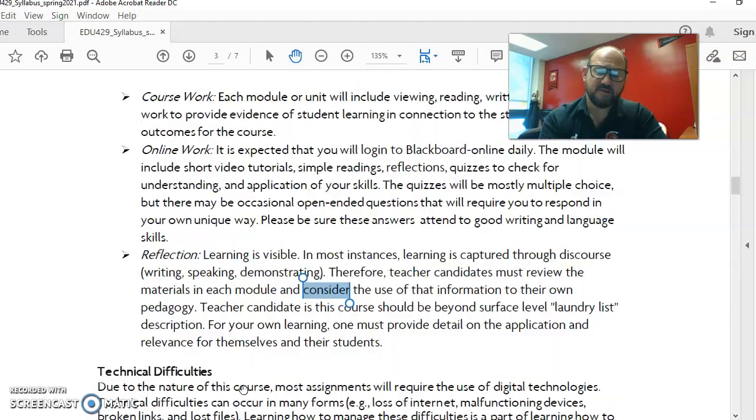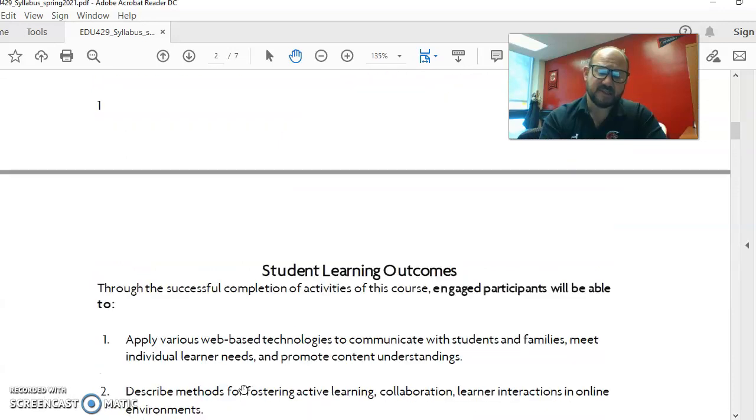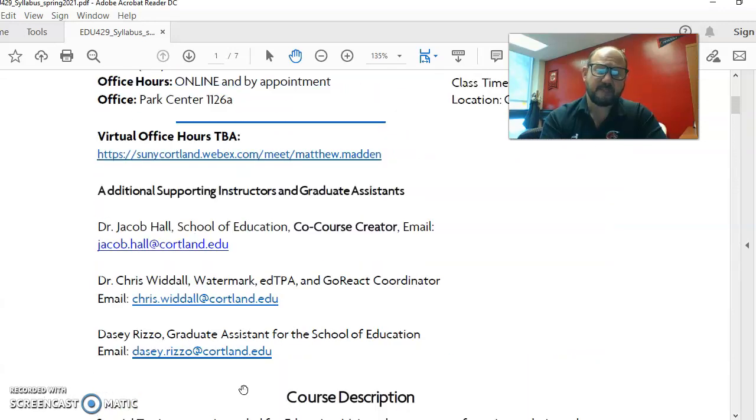I do want to note back here at the top, because I think it's very important. Recognize that although I'm your individual instructor for the teacher candidates in physical education, as mentioned, there are some co-coordinators. Throughout the modules, a lot of these were created in collaboration.